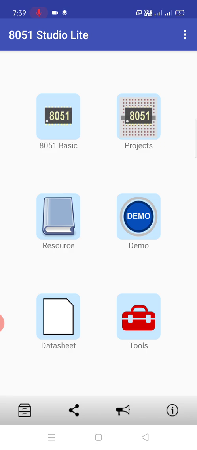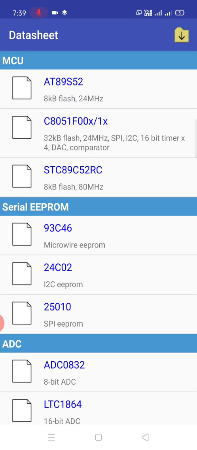In order to build any microcontroller project, you need to learn the data sheets of a few microcontroller families. Those data sheets we can see through this window.